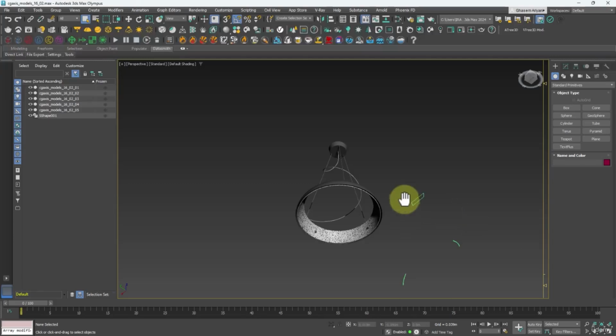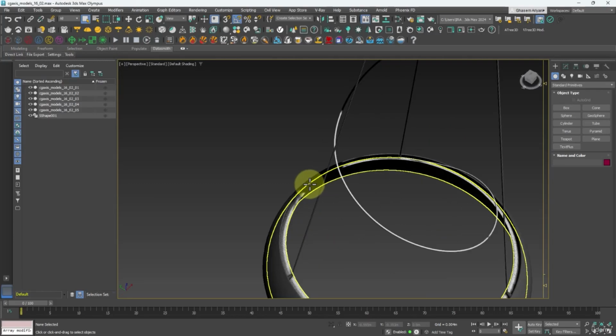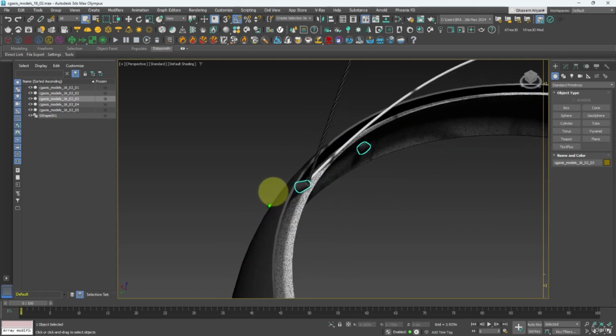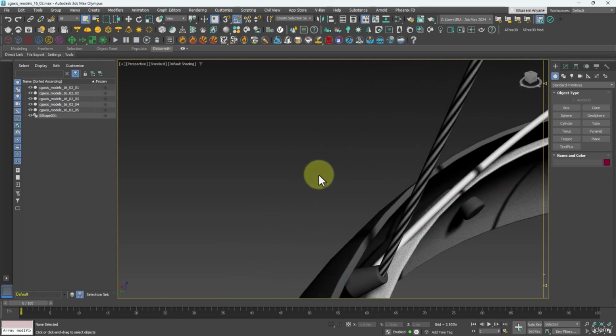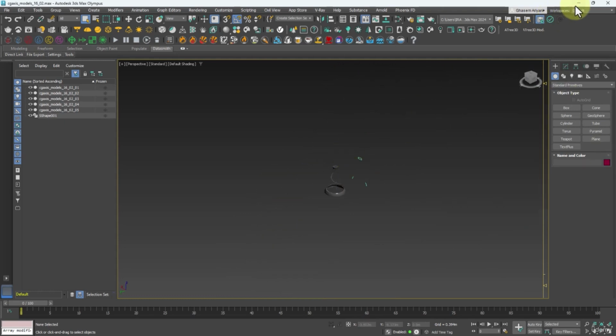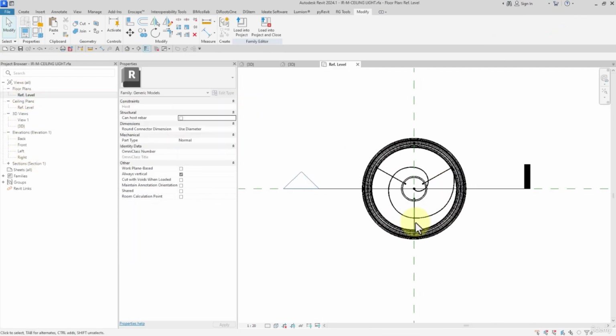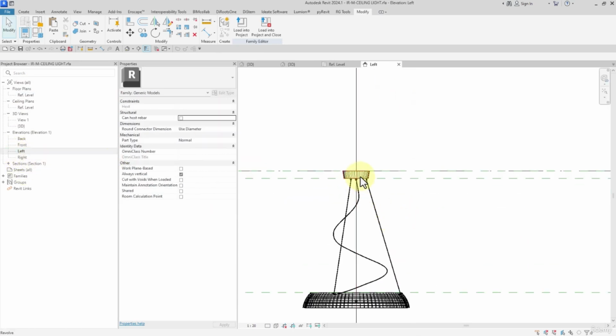Watch this. Then let me check the details in 3D Max. No, they are the same. Wonderful. Again, we get back to the front or top view. After that, left,